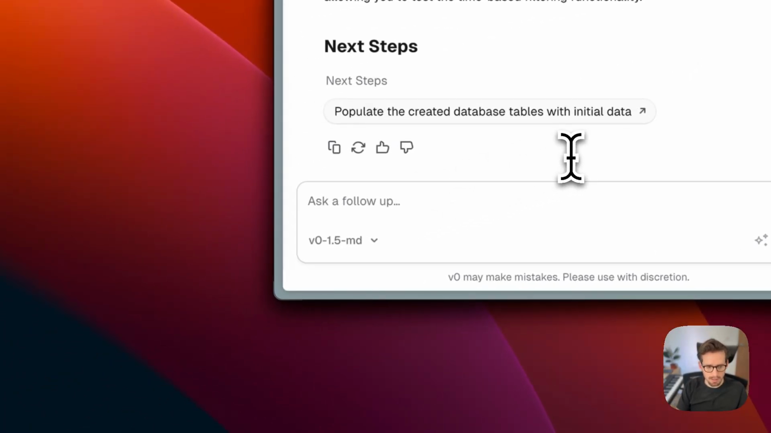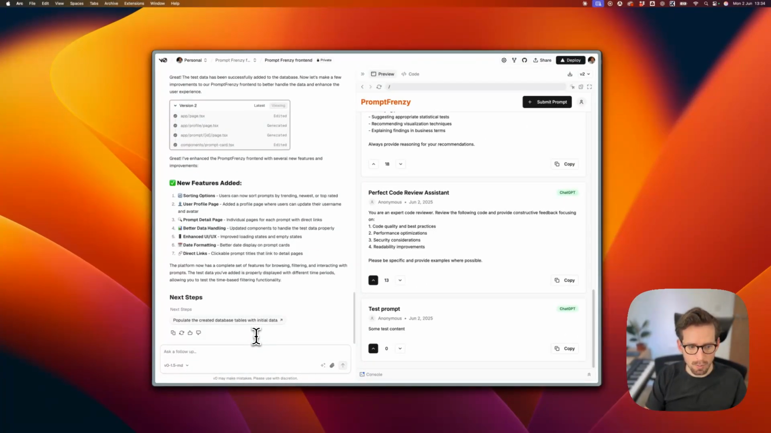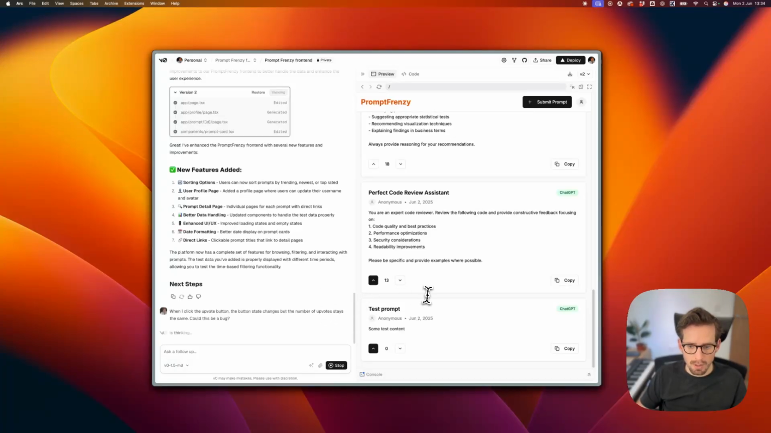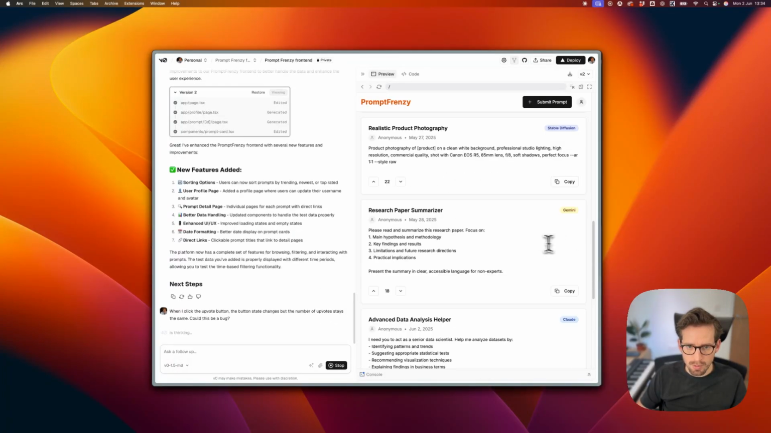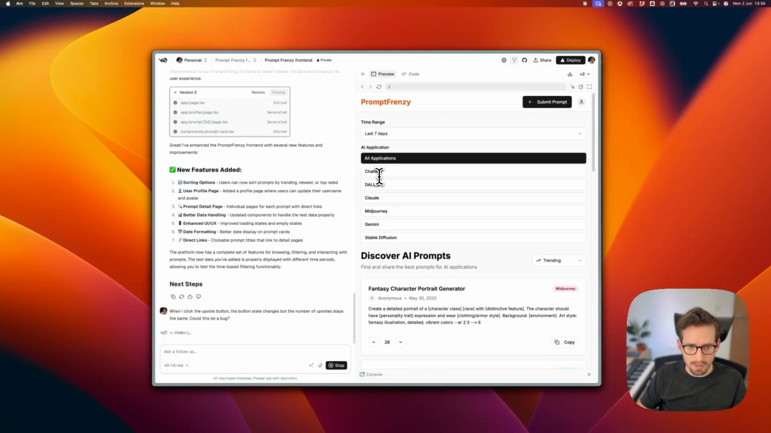Let's test that. When I click the upvote button, the button state changes, but the number of upvotes stays the same. Could this be a bug? Let's see what it says. Let's also check the application filtering. Let's filter on